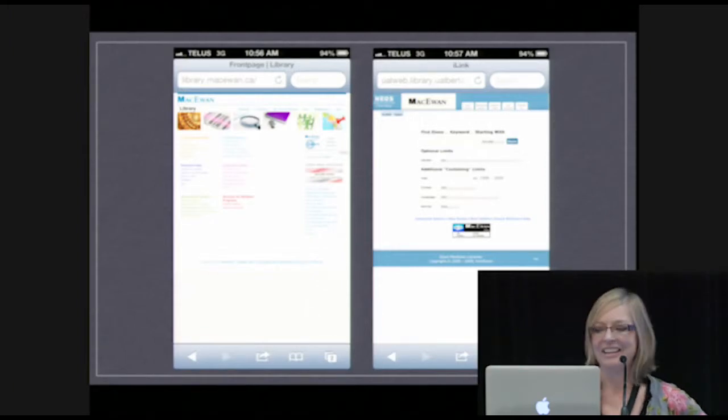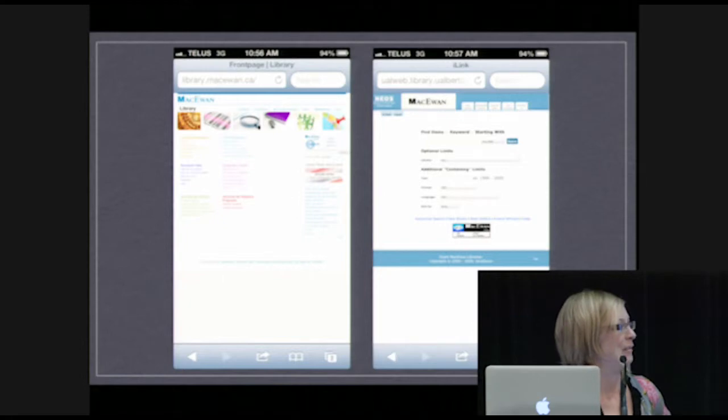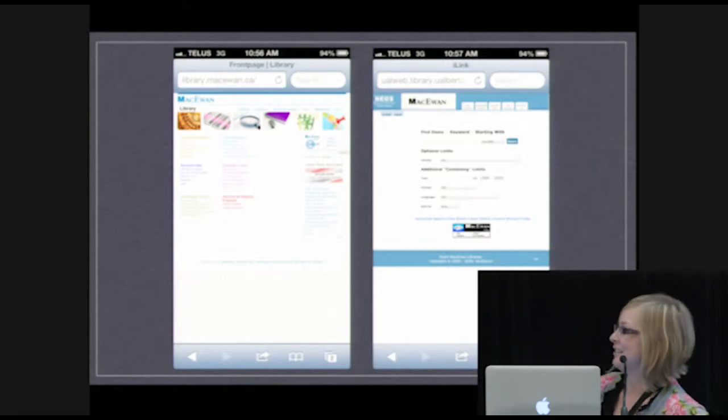The other issue that we have at MacEwan, and this is just going to feed into some of the stuff that Robert will be talking about later, is a lack of a really friendly mobile environment. So I know lots of you are way further ahead than we are in this realm, but this is what our website looks like on my iPhone. And this is what the NEOS Library catalog looks like on my iPhone. I don't know about you, but my fingers are too fat to click on any of those links,